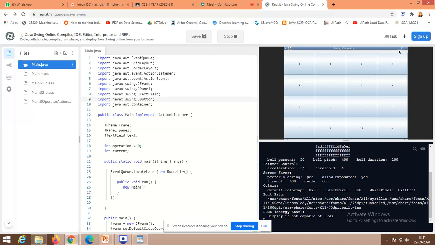The corresponding buttons are also ready to work. Minimize, maximize, the cross mark, everything will work, so nothing to worry about that. The Swing logo will be given, not AWT, which comes with the coffee cup logo, the brewing coffee cup. So that logo will come here.